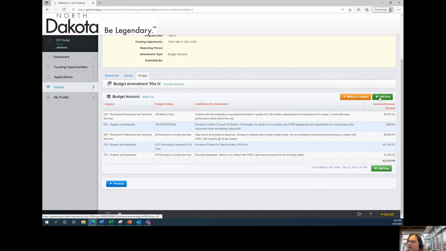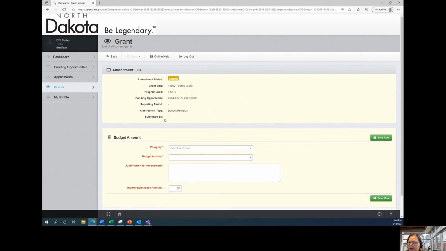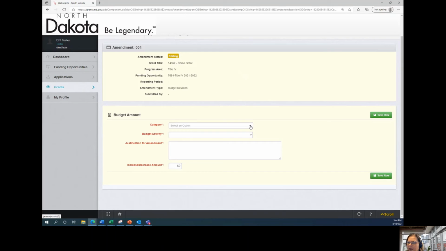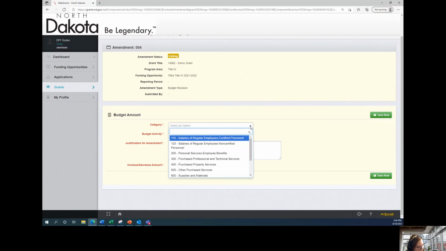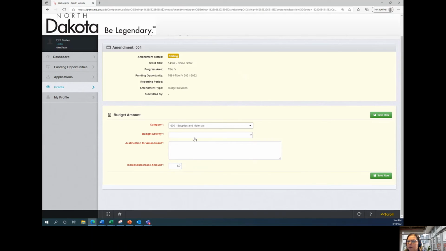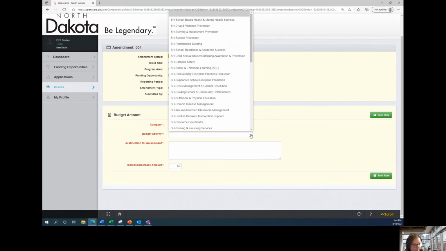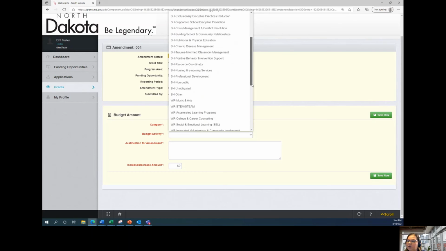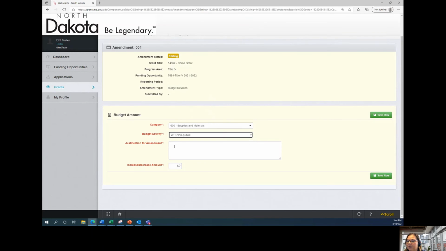Let's try another one. Let's say that in my district I have a non-public that I'm affiliated with. So I have to have ongoing and meaningful consultation with them, and I know what they wish to purchase. So again, I'm going to select, let's do code 600s. We're going to buy some supplies and materials. And this is going to be for, let's look at well-rounded non-public. Now here's where districts may find it helpful to label which, especially if you have several non-publics, you may wish to put it right in here. So I'm going to put that St. Leo's is my school, and they want to expand